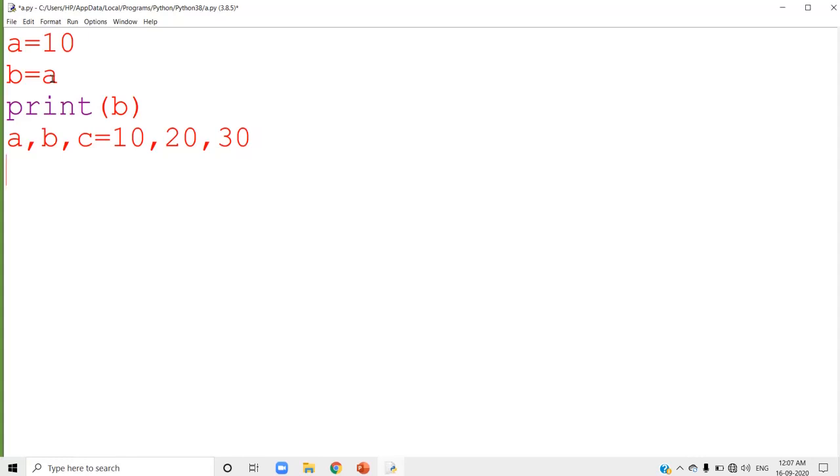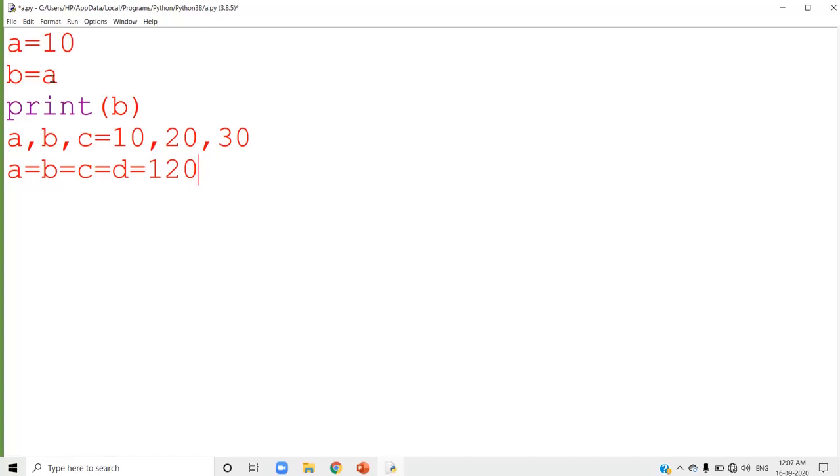The same assignment statement I can write like this also: A equal to B equal to C equal to D equal to 120. That means A, B, C and D, 4 different variables you are using there. All these 4 variables will store the value 120.